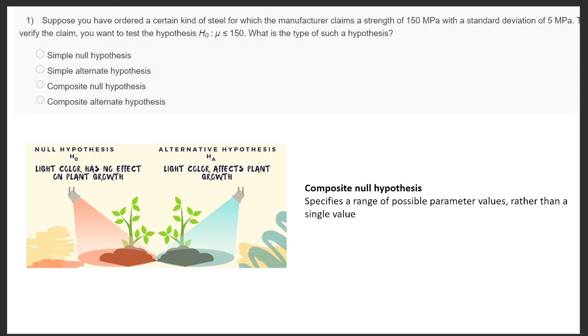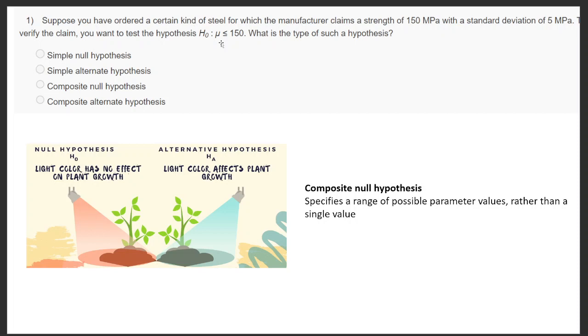Okay, so if you read the question carefully, they have given the average strength of the steel. The manufacturer claims the average strength of the steel to be 150 MPa with a standard deviation. So the standard deviation is known, and to test the hypothesis, first you have to understand the problem. If it comes to steel, if you are having a strength of 150 MPa, it is always better if we have more but not less. So the hypothesis here is